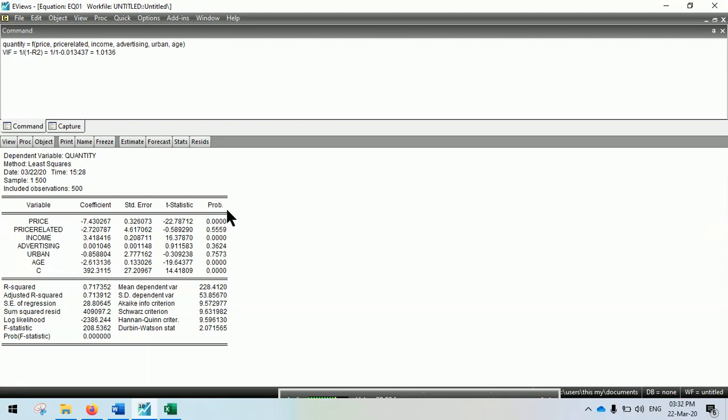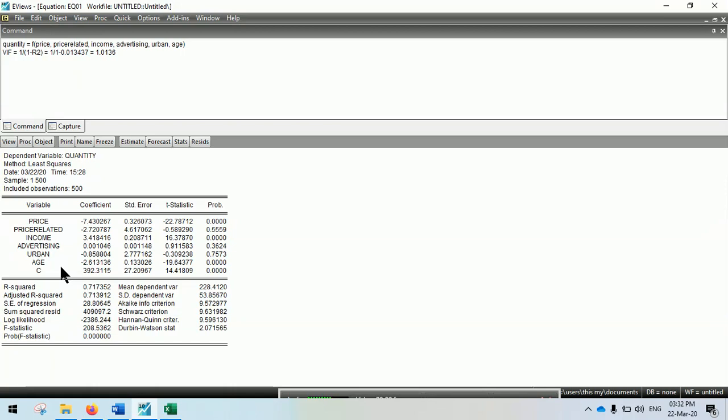Age is significant and it is negative, which means that a 1 year increase in age leads the quantity demanded to decrease by 2.6 units. This means that younger people are usually buying this good rather than older people. But you can see here we talk about units, and if you want to calculate the elasticity, it's a little